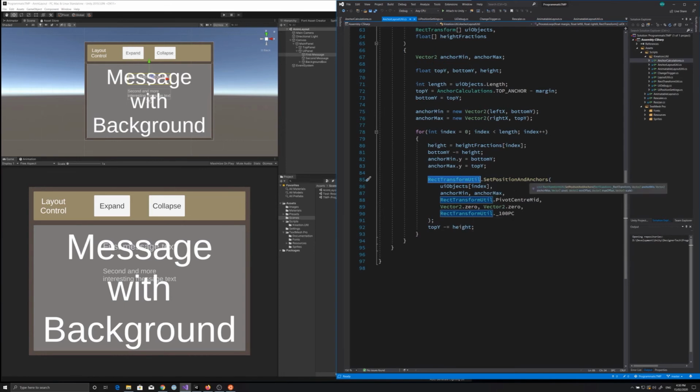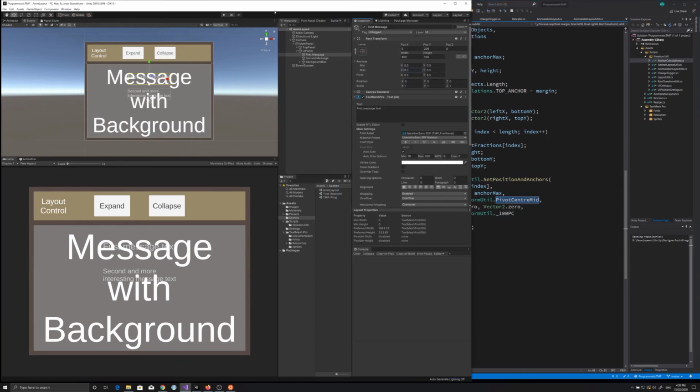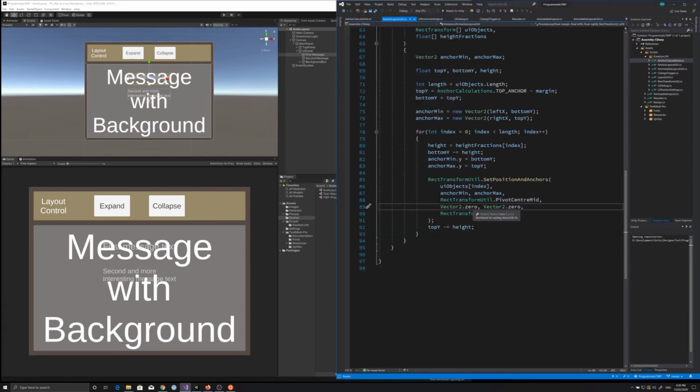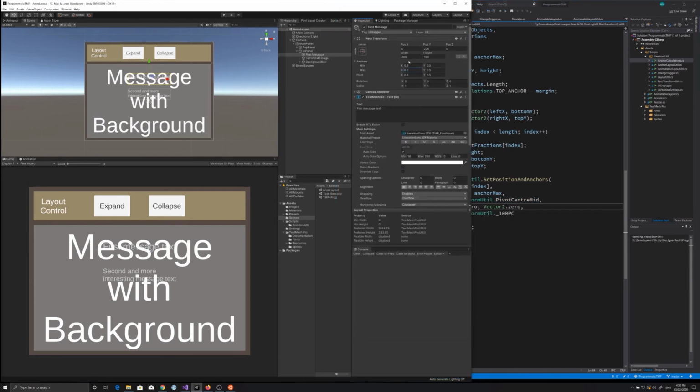So that's going to set the position and anchors using the specific RectTransform from the array of UI objects, which is an array of RectTransforms. It's going to provide the anchor min and anchor max values. It's going to basically just use a fixed center pivot, which is a 0.5, 0.5 pivot. So like this one, we've got 0.5, 0.5. This is the offset, so it's using an